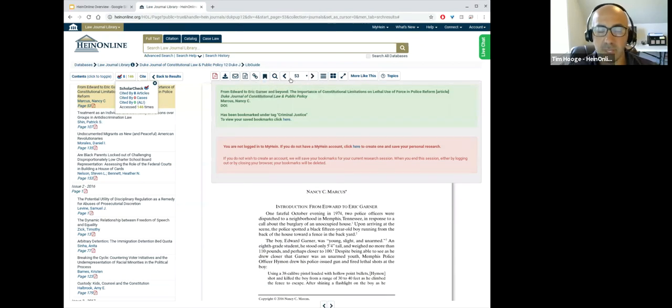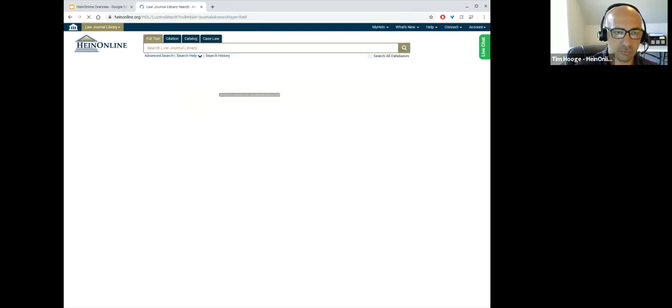Now there's many other tools that run across the top of the screen here for searching, going from page to page, multiple pages, multiple image manipulation buttons, rotating left, right, zoom in, zoom out, view multiple pages at once, go full screen, and then we do have something called more like this, and I'm going to come back to that in just a moment. Now, some of the other search features that we have in HeinOnline that work very well for any sort of criminal justice research would be something such as, just one moment.